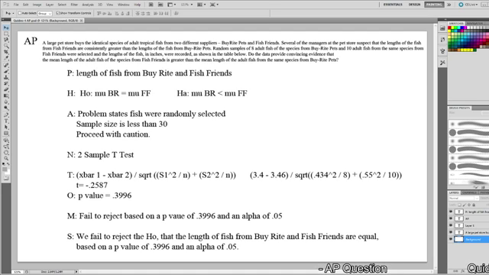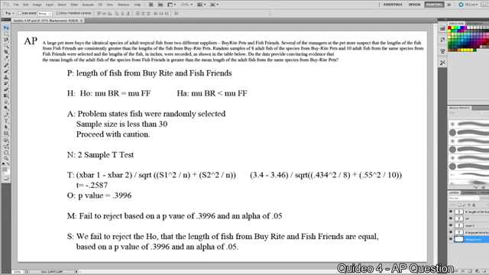When we actually put in the numbers, we have the mean of Byrite's fish at 3.4 minus the mean of Fish Friends fish at 3.46, divided by the square root of Byrite's standard deviation squared, so 0.434 squared, divided by the sample of 8, plus the standard deviation of Fish Friends of 0.55 squared, divided by their sample of 10. And that gets you a t-value of negative